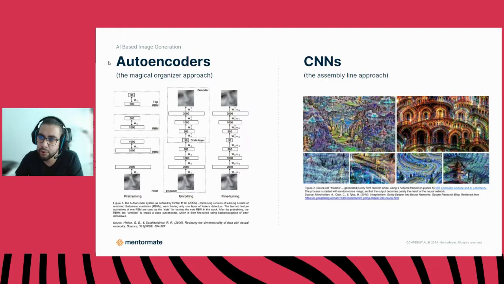Imagine the autoencoders as a magical organizer. What does this mean? You have a closet, for example, full of clothes, old things. You know, it's a mess. It's like this. And even though it's a big mess and it's very chaotic, you have a magical organizer who can